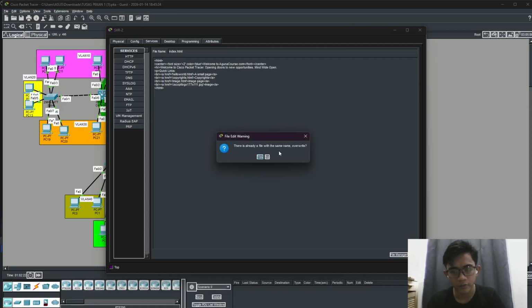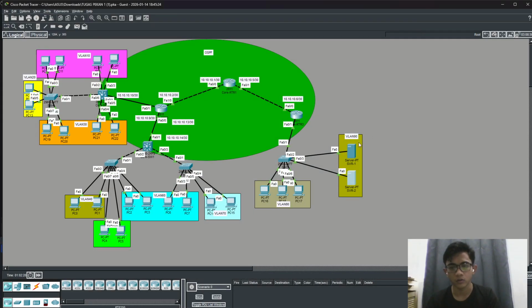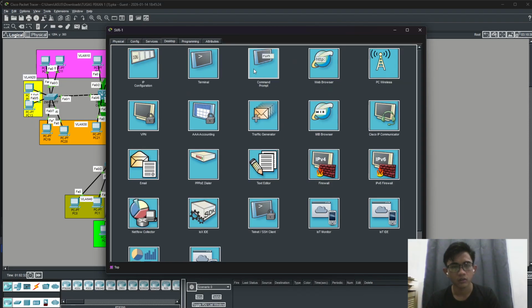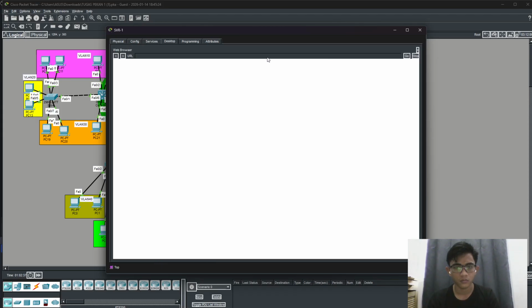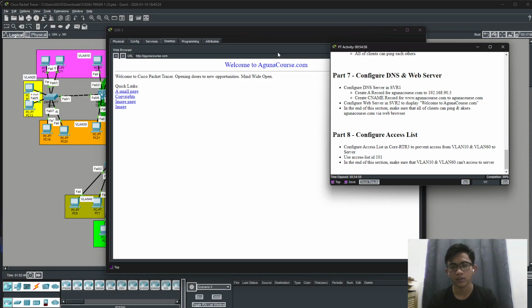It already has the same filename, override yes. Okay, finish. So if you open agunacourse.com in a web browser, welcome to agunacourse.com, I guess.